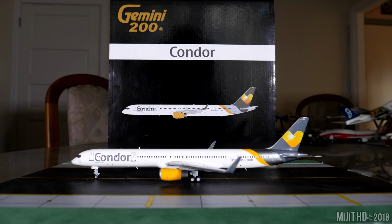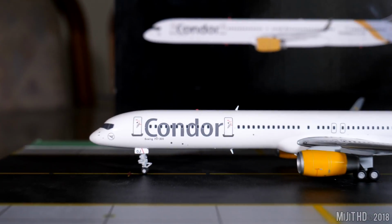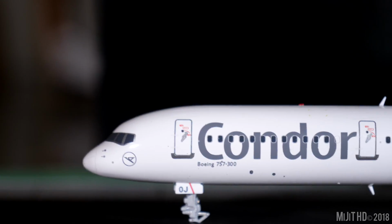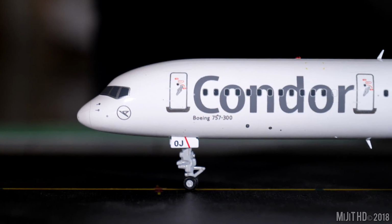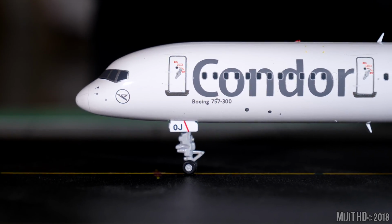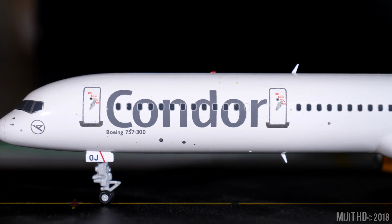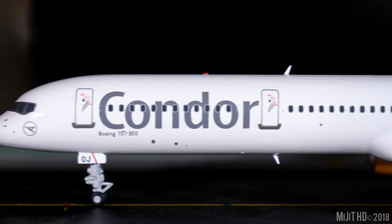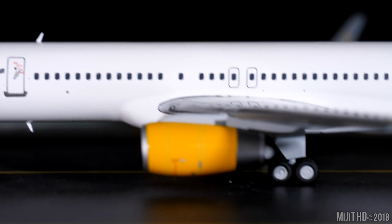Alright guys, the model is now out of the box and we are going to start at the cockpit windows on the port side. Right, so we have the cockpit windows, window wipers, pitot tube, static ports, Condor logo, part of the registration on the gear door, OJ. Condor titles, Boeing 757-300. There's the inboard landing light,